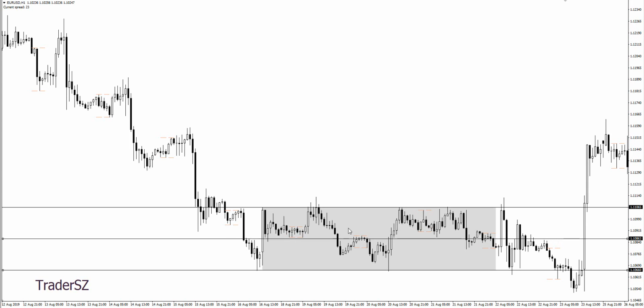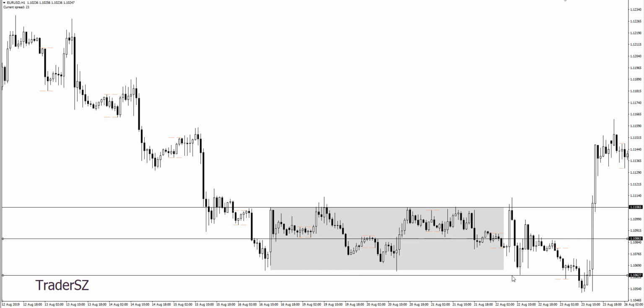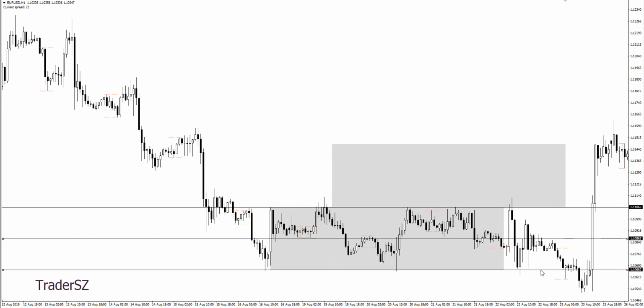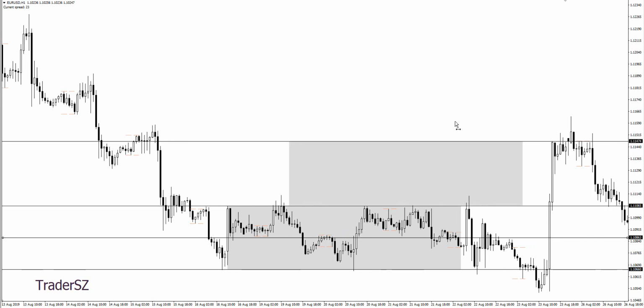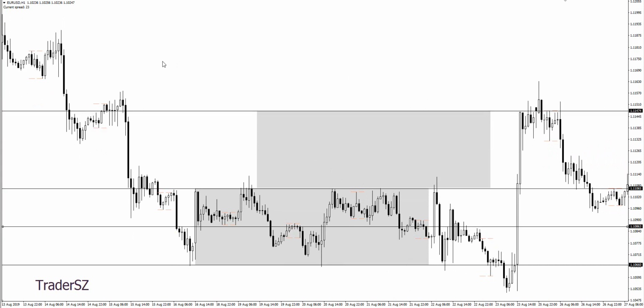So one of the ways is using consolidation and get rid of this. Get rid of this low because I'm trying to replicate the rectangle. So draw that back in. Let's draw the high there. Equal range expansion. Lo and behold, resistance. Let's throw in some extensions. So going from that high to that low. Oh look, 127.2,